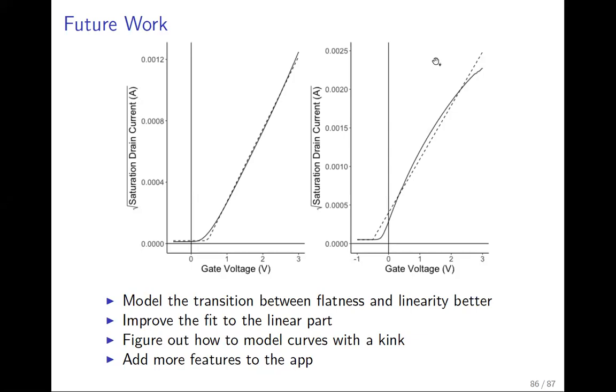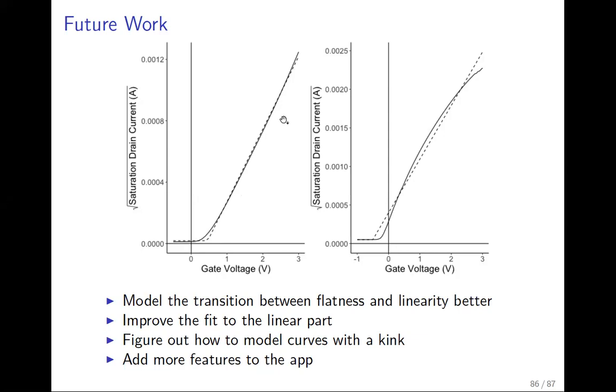There are several possible directions for future work. One direction involves improving the fit of the nonlinear regression model for curves that it describes well. The solid curve in the left panel of this plot is such a curve. The dashed curve is the fitted model. The transition between flatness and linearity could be modeled better. The OFET curve has a bend, whereas the fitted model has a corner. The fit to the linear part is quite good, but it potentially could be made better by weighting the measurements